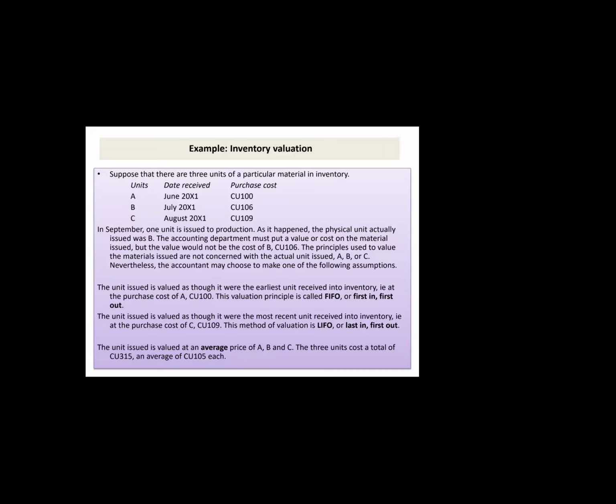If we use first in first out, then the value of the product issued would be 100. And if we use the last in first out method, then the value of inventory issued would be 109. And if we use the cumulative weighted average method, then the value of issued inventory would be